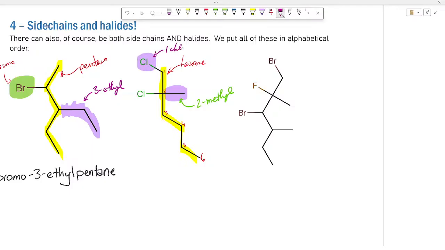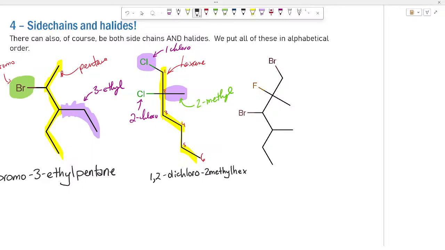1 chloro. And this is obviously a 2-chloro. So how do we name this? 1, 2 dichloro, 2 methyl. I attempted to turn my dash into a comma. It was not nice. 1, 2 dichloro, 2 methyl